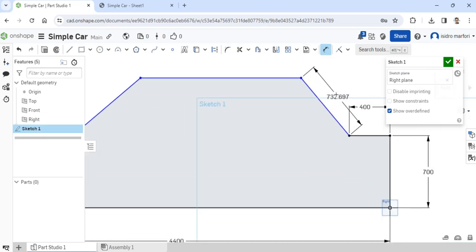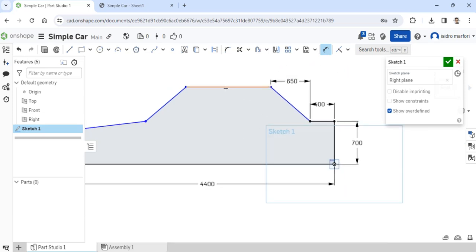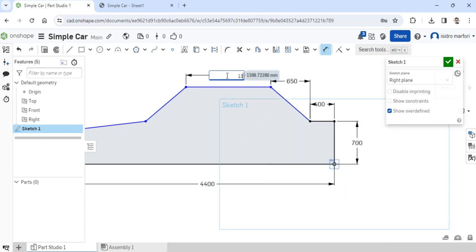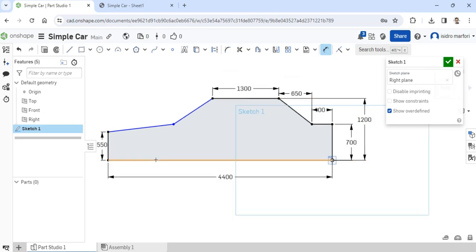Sometimes it's going to be hard to position it or dimension it in the right way. So in that case, it's best to just select the two points and position it accordingly. So this is 650 and this is 1,300, and I believe the overall height would be 1,200 there. And what else?